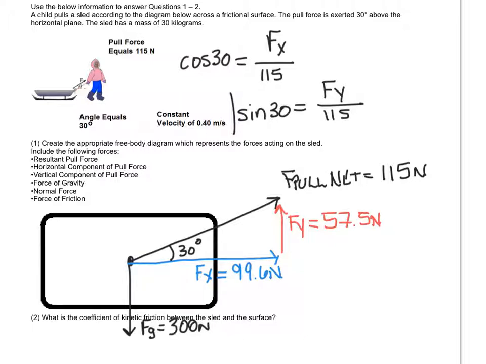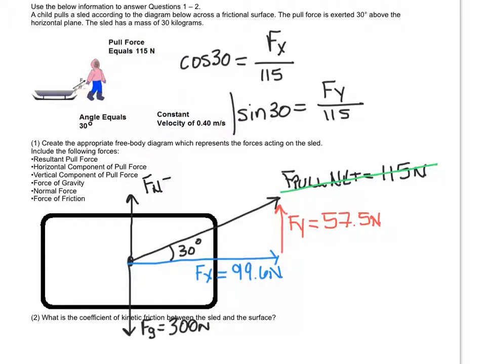I don't want to say scratch it out and forget it. What I will say for our purposes when we're summing up the forces, you've kind of already accounted for that. Now you want to leave that vector there if we're grading on the basis of a complete free body diagram, but we can kind of ignore that number 115 now that we've broken it down into its appropriate x and y components. For example, when we want to solve for our normal force, our initial